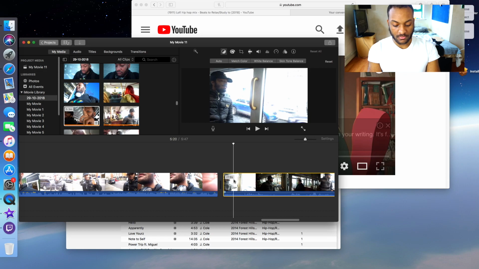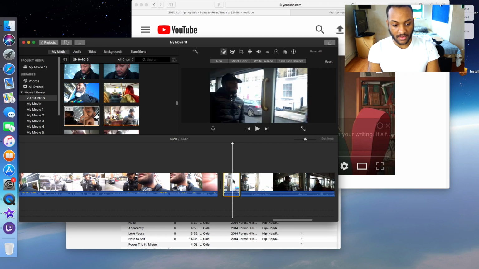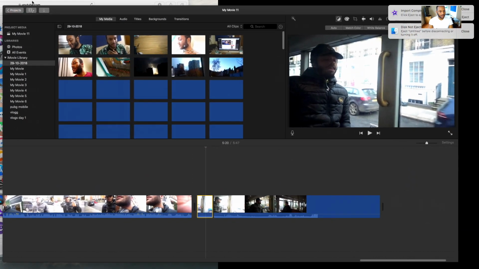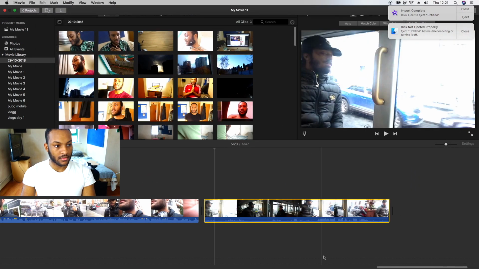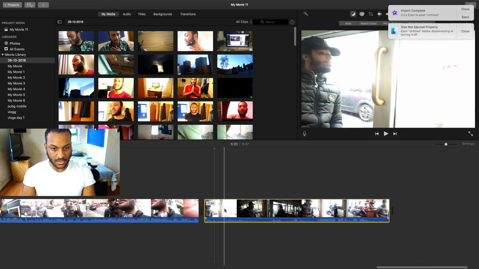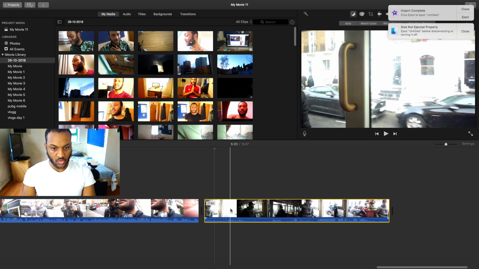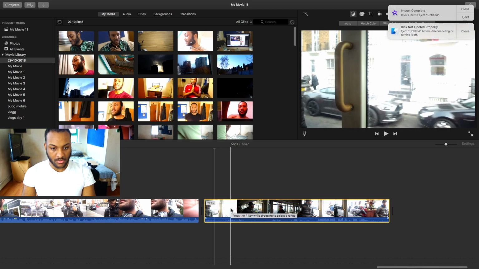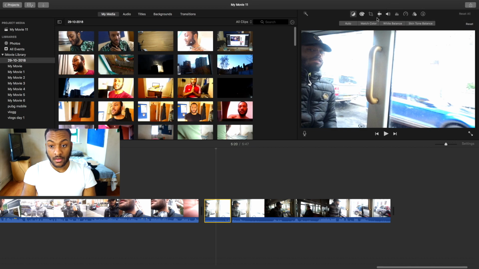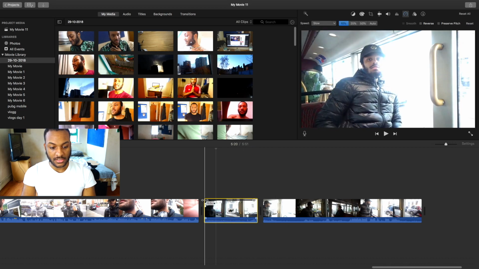Control for that special key on the Mac if you've got a Mac, and B. Actually, do you know what, let me undo that one, be a bit longer. So I'd say about there, cut it, close that, go down to the speed, which way you can control it, and then I'll just literally slow this down,